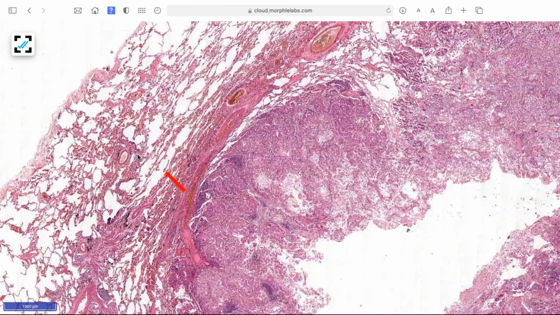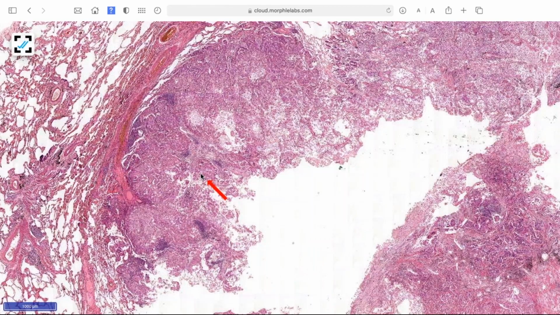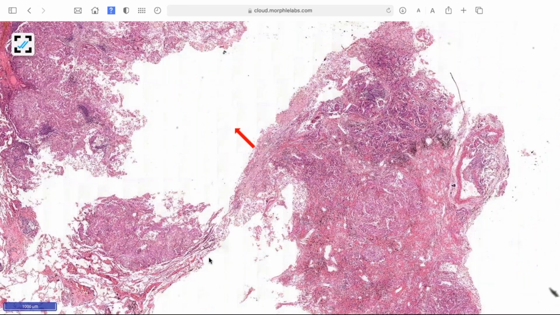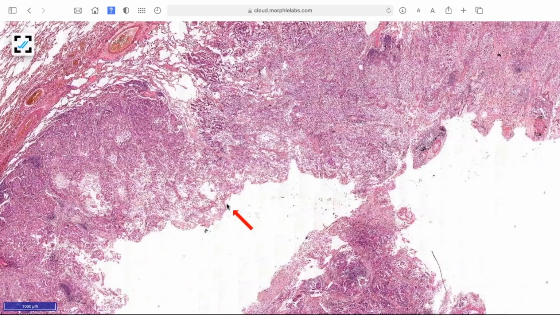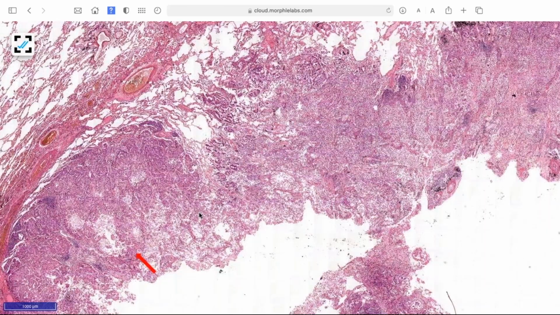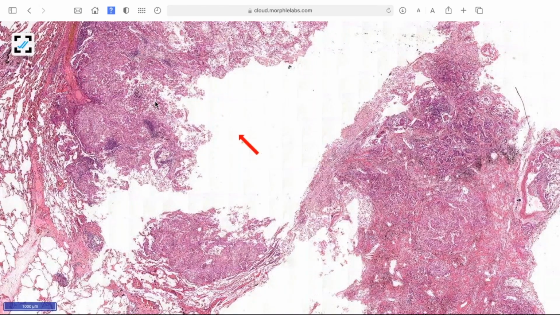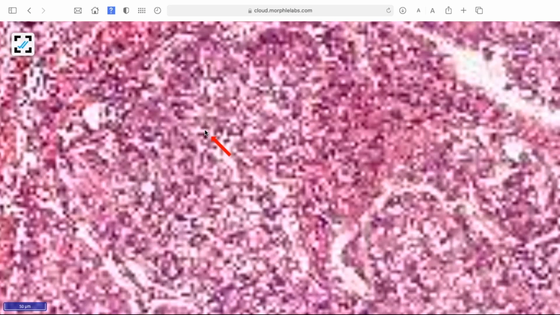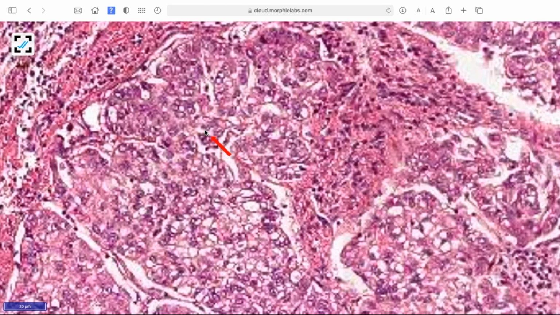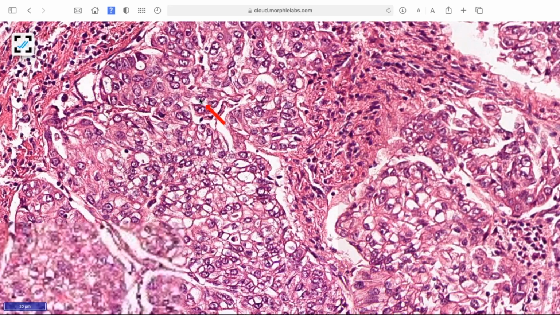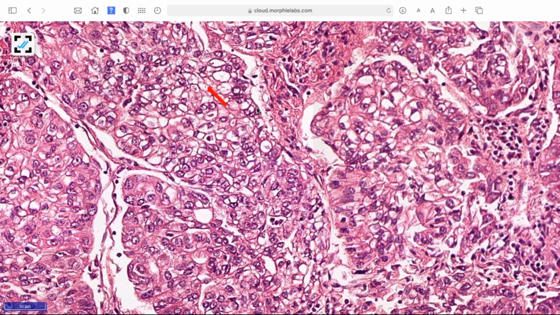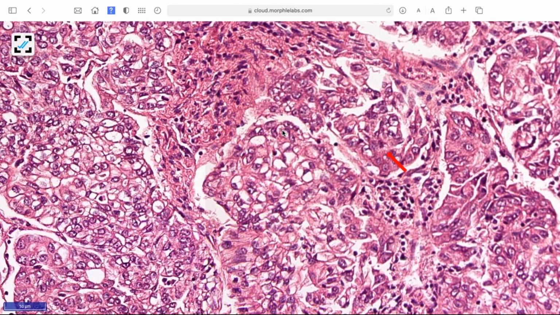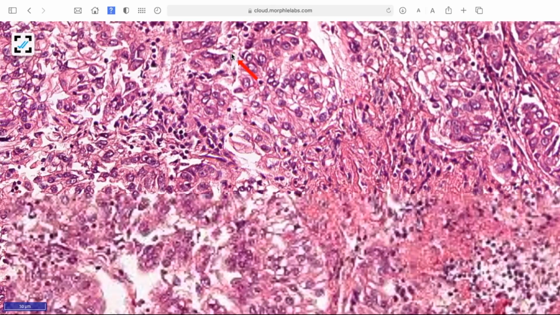So for spread through airspace in the specimens, you have to look predominantly away from the tumor. Okay, that 2500 micrometer, it's not practiced. So whether it is present or not. So this is having more clear cells, somewhat clear cells. We will go to the high power. Let us wait for the thing. This predominantly looks squamoid, but here and there is some attempted gland formation. Predominantly it looks squamoid.